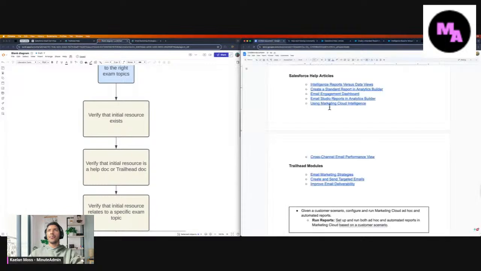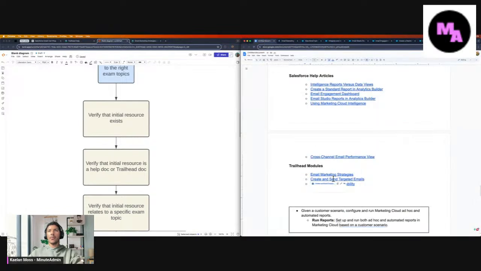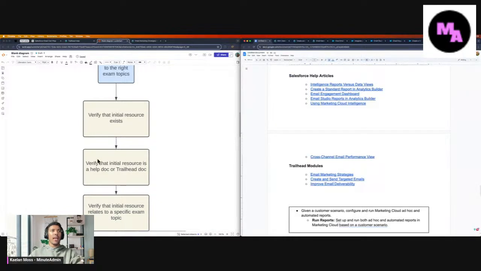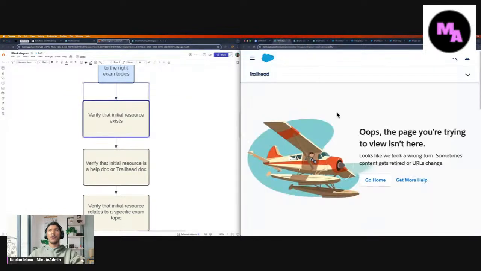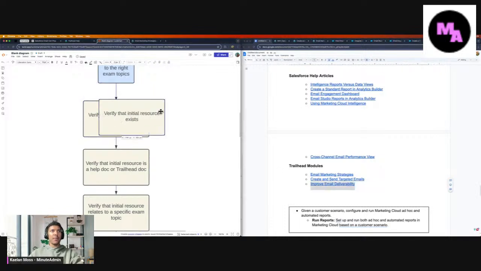That's all we're going to do. We're just going to open all these up. We're going to make sure that there is something that exists in place for the content. And that is the first step. So the first step is verify the initial resource exists. This last one, improve email deliverability, that didn't exist. So what you would do is, I need to put an if statement, like if